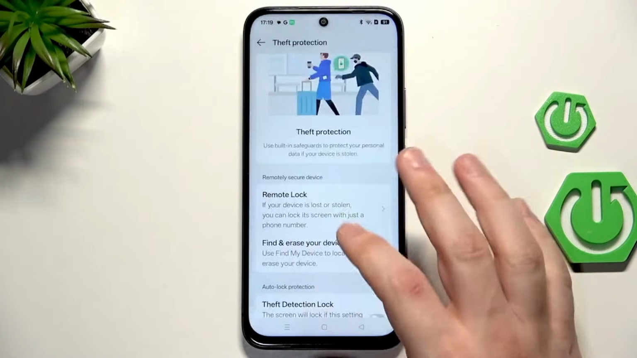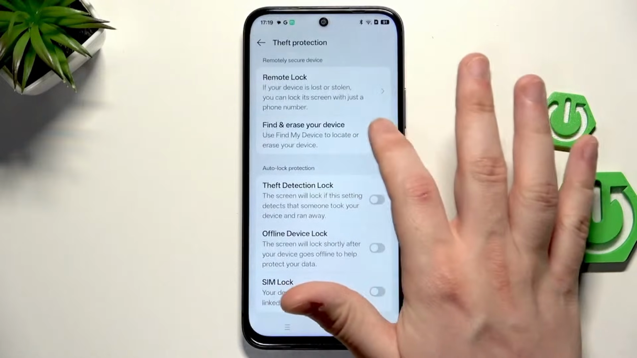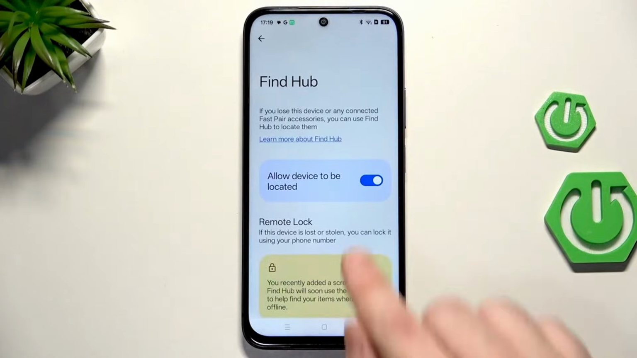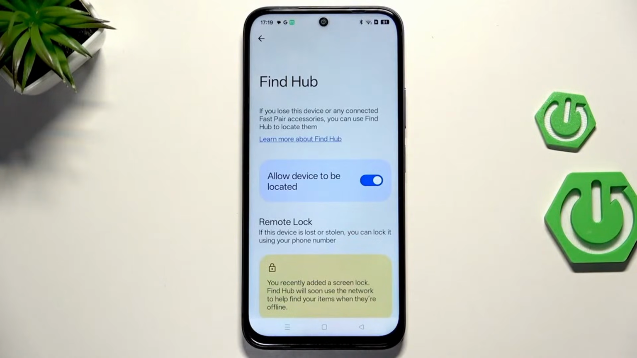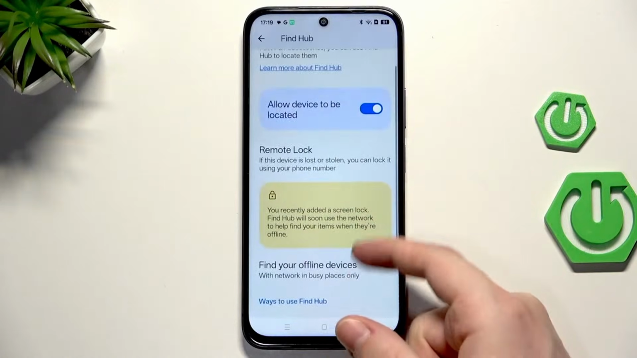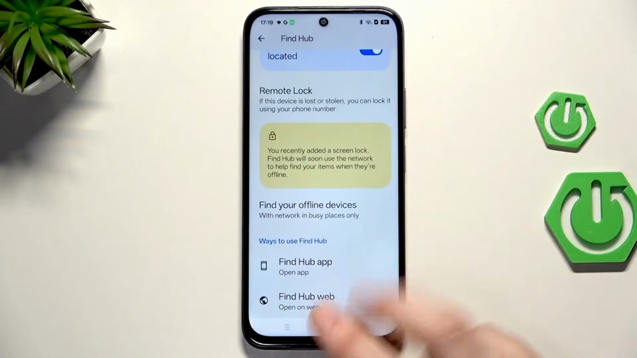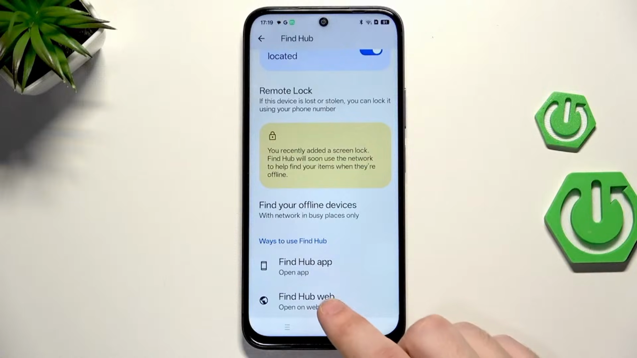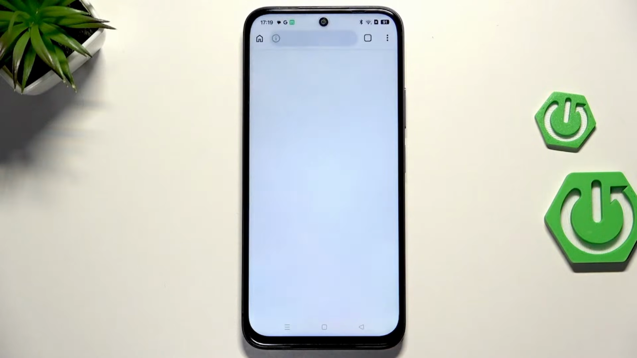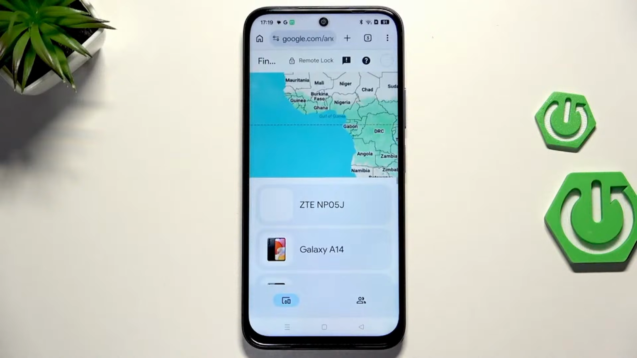We also have the find and erase feature. Make sure that's enabled. You have to also turn on the location feature on your device. You'll be able to do it right in here. And we have 2 ways how you can use the Find Hub. We have the app and the web. So again, let's pretend that our device is lost or stolen. We can visit the Find Hub on any other device, but remember that you'll have to sign in on that page